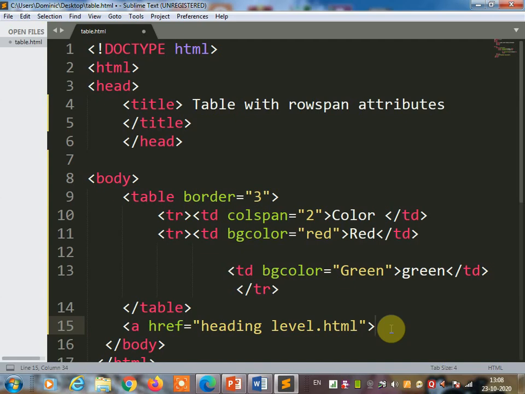So if you click this text, you will open the heading label HTML page. So now I am writing here, click here to open heading label page, and then complete the anchor tag.